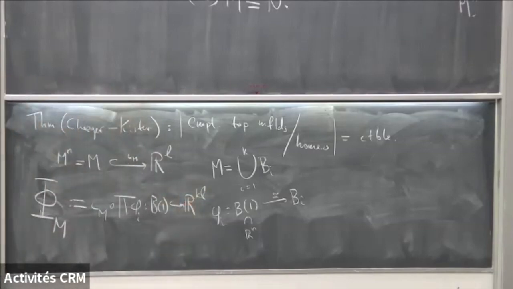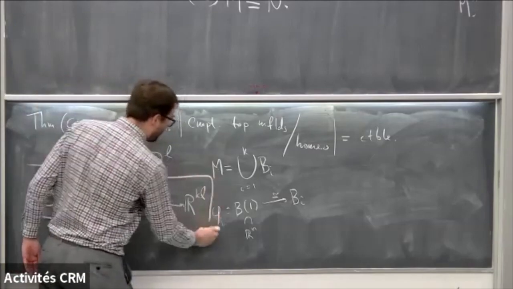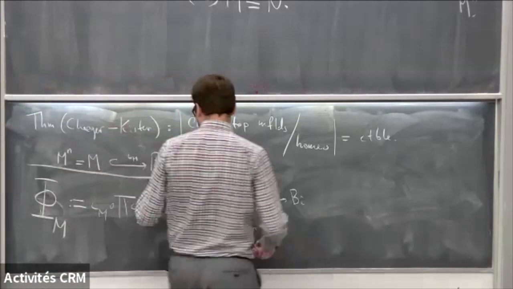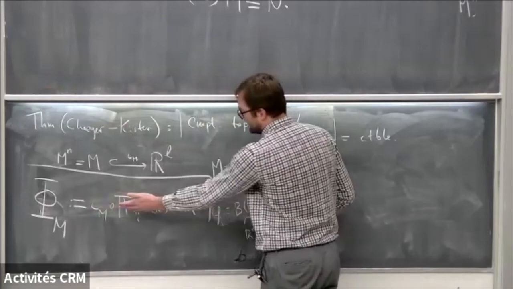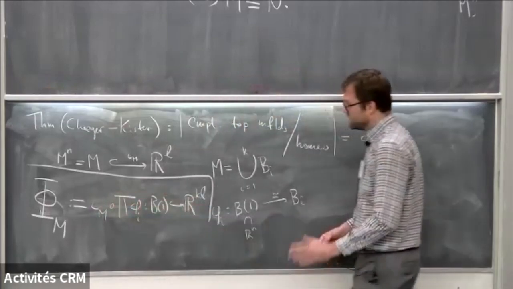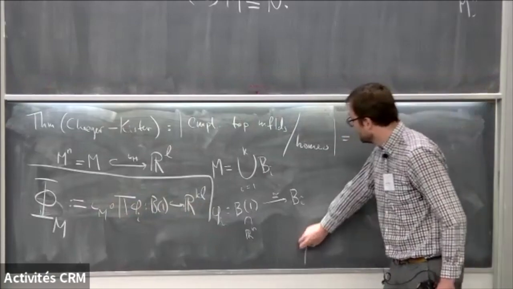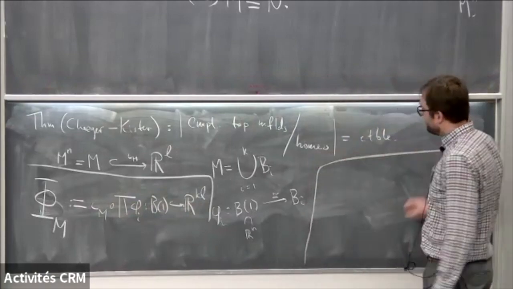Okay. So whenever you have a cover of your manifold by balls, and an embedding of that manifold into R^l, then you get this map phi sub m. It depends on this embedding iota and the phi_i's, but I'll suppress that from the notation. And so the crucial fact